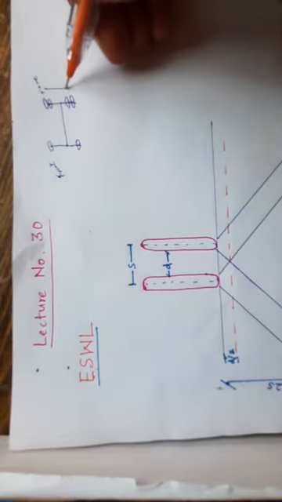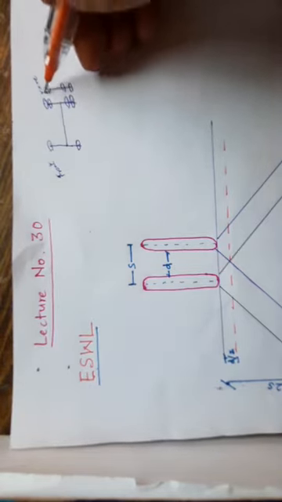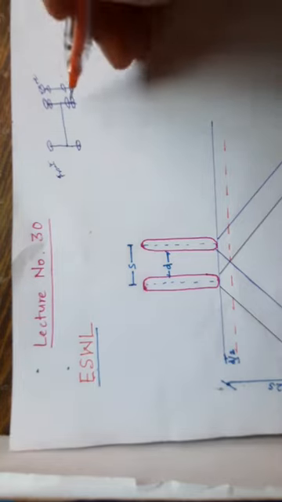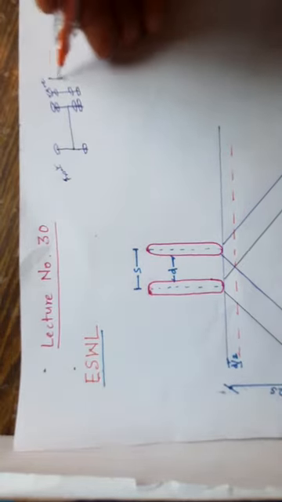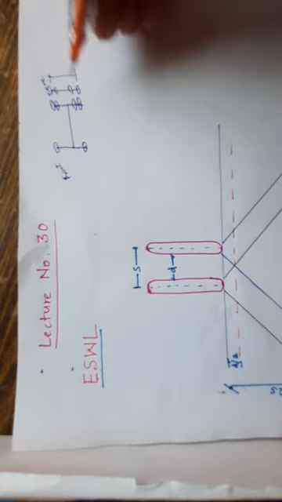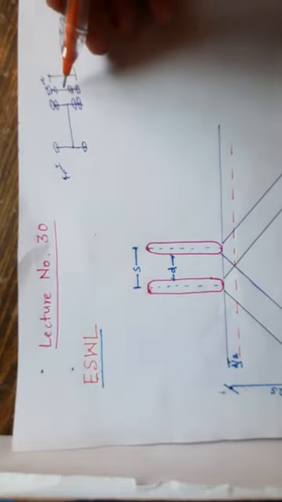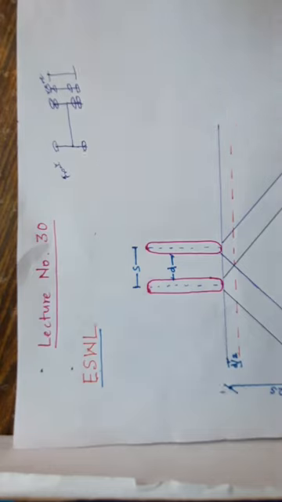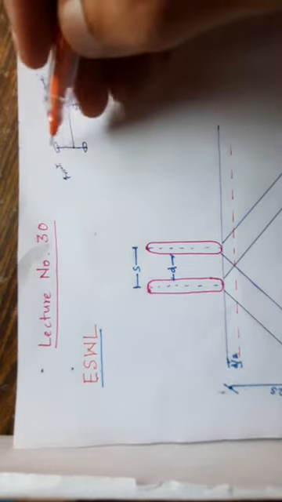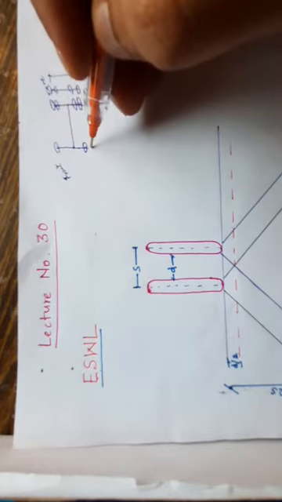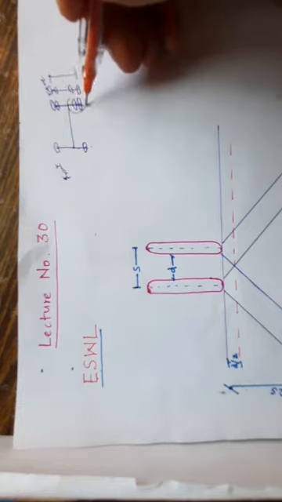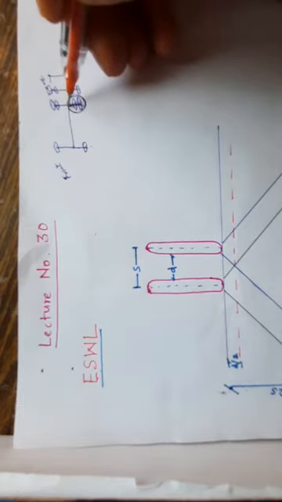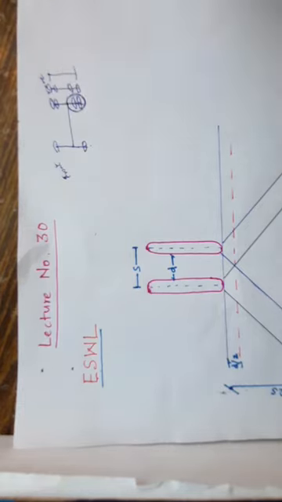If you have one more axle, then it is a two axle with dual wheel assembly. If I use more than two axles, then we call them multi axles. Clear? In the front, most of the time you find only two wheels. These are the setups. Now I am going to explain only this two wheel setup that we call a dual wheel load assembly.